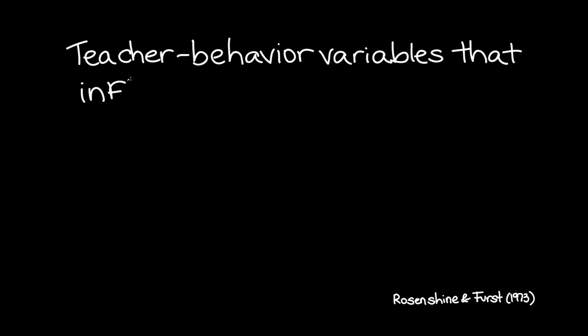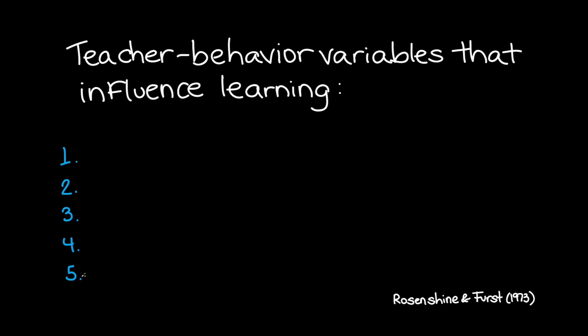Rosenshine and Furst reviewed more than 50 carefully selected studies and published their work in Research on Teaching Performance Criteria. In it, they propose 11 teacher behaviors that influence learning. For the sake of simplicity, we'll only list here the top 5 teacher behavior variables in order of importance. These variables proposed by Rosenshine and Furst were